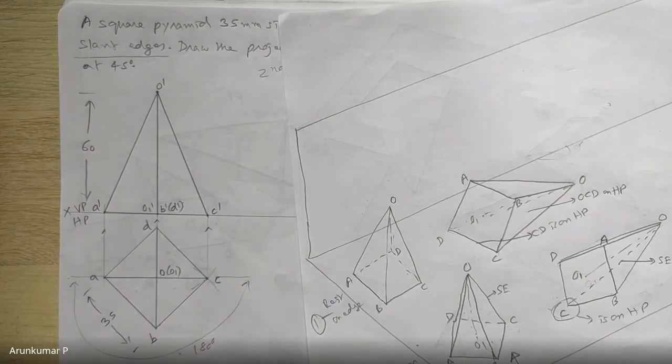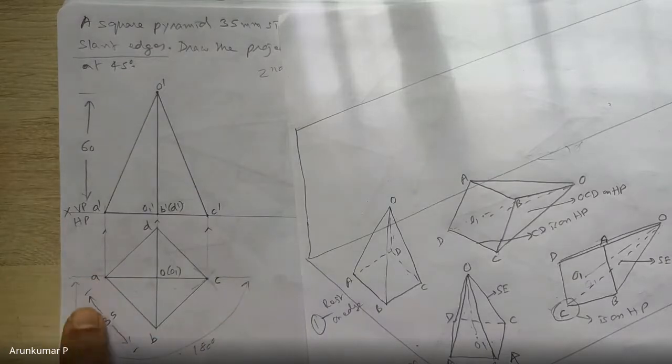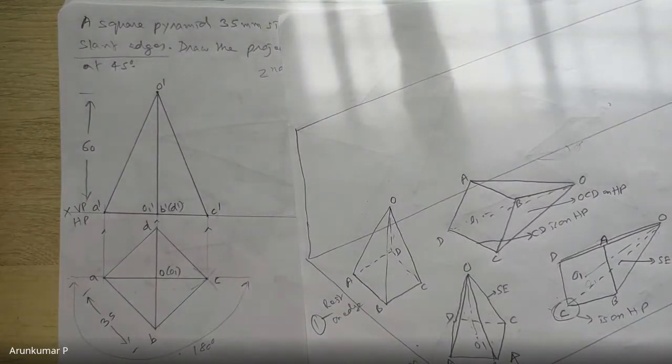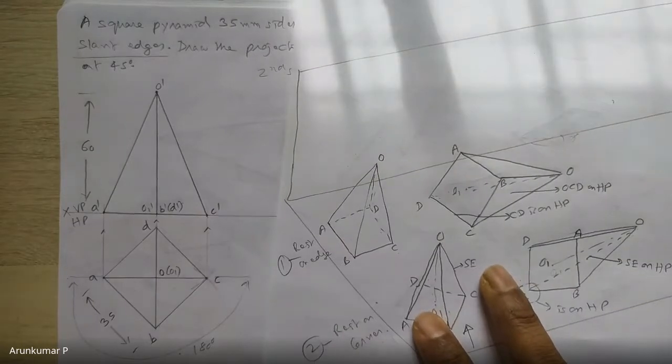Here it is simple, but when you go for say a hexagonal pyramid or pentagonal pyramid, there it will be very useful because you will have more than two. You may have three triangular faces, or two triangular faces. So whatever is within this 180-degree line of sight, those triangular faces will be seen 100% in the front. This is another small thumb rule which you can keep in mind in case you are not able to understand or visualize this 3D view.